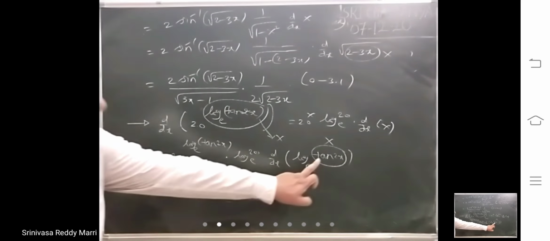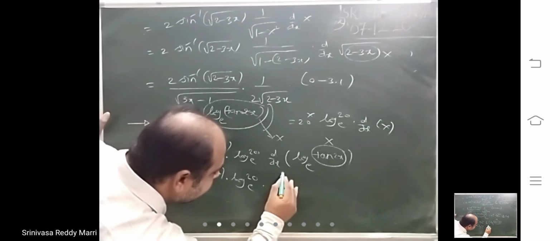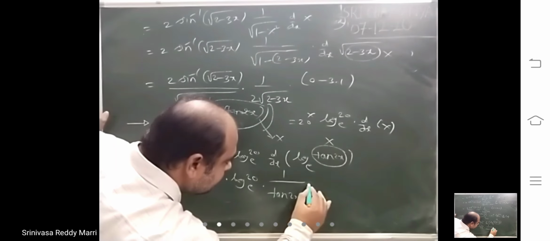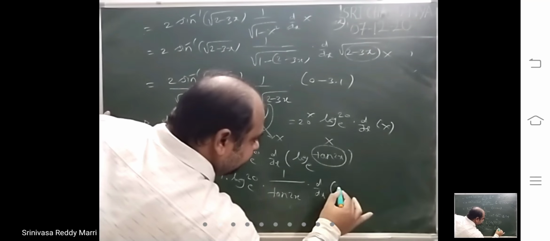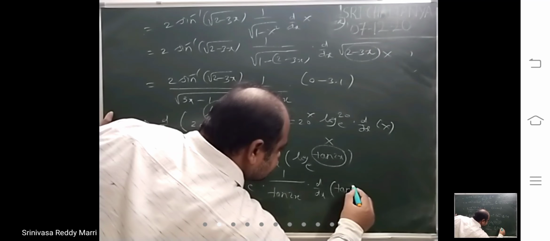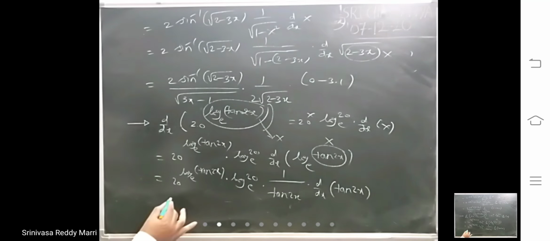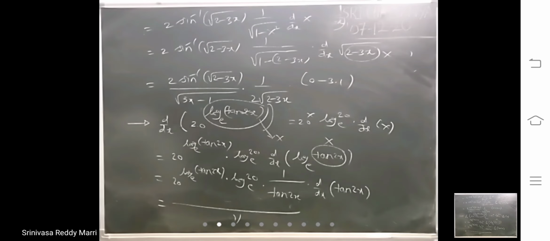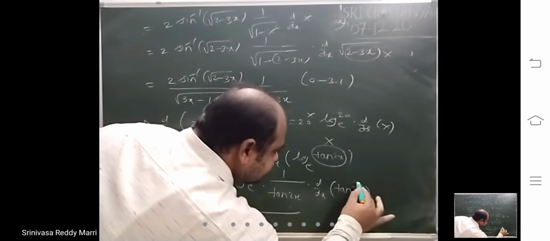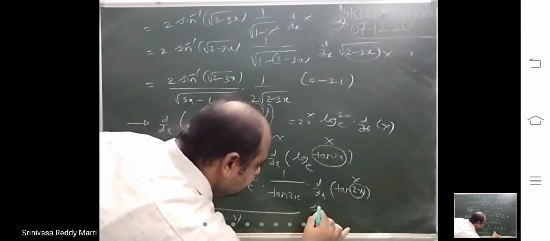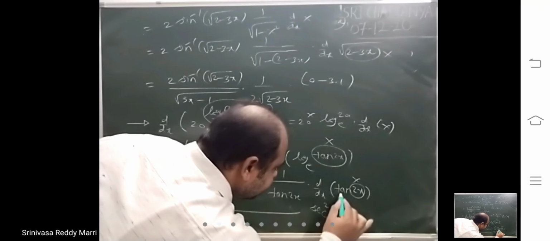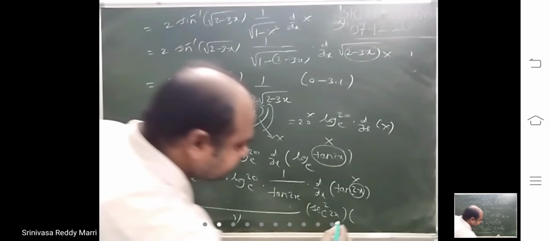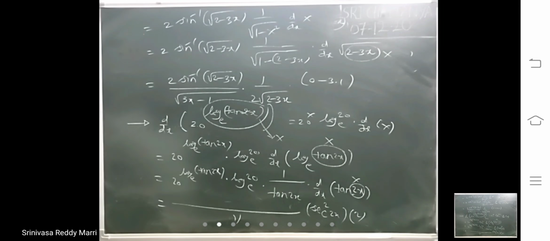into, look at log x, directly I am writing 1 by x, 1 by capital X, into d by dx of tan 2x. Yes. So till here it is as it is, this only you will get, and in the denominator tan 2x. This is capital X, directly you write secant square x. What is the tan x formula? Secant square x into derivative of capital X. Derivative of 2x is 2. That is the answer.